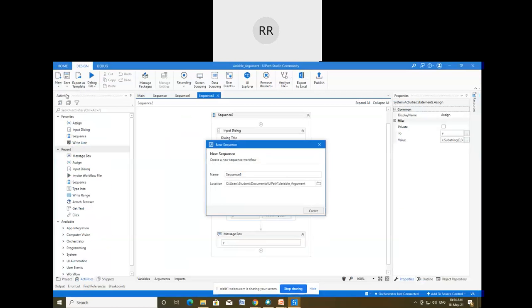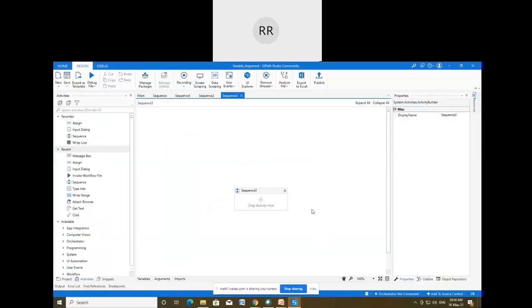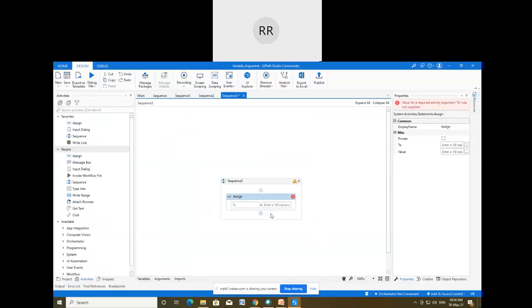So again, create a new file, create this sequence, okay, that is done. Now I'm going to create this Assign activity. Again, you can see here we are getting two different fields: one is the To field and another is the Value field. Now I'm going to use this Now function, and to store the current date and time using this Now function, we have to use a variable. I'm going to create that variable as the DateTime variable. So, Ctrl+K, and then DateTime, that variable has been created, enter, that is fine.